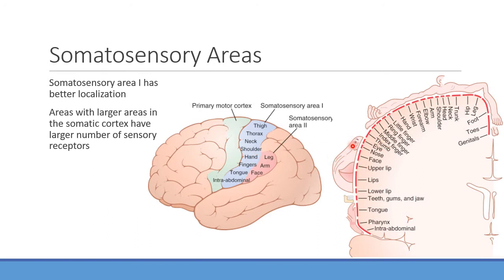so basically this shows us where all these nerves are going to be terminating after they enter the thalamus and get sent out here. And what do you notice about this homunculus? The size of the parts of the body is going to be proportional to the number of nerve endings ending up in that part of the somatosensory cortex. So what do you notice about this?